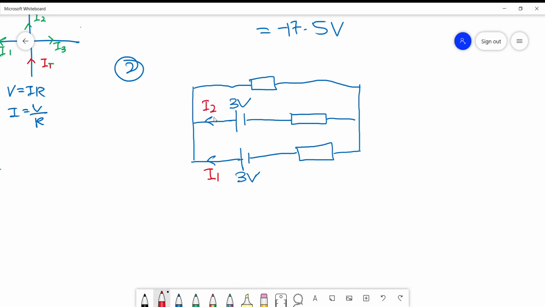This is our 2 ohm resistance, this is 6 ohm, and finally this is 4 ohm. I1 and I2 will eventually produce I3,